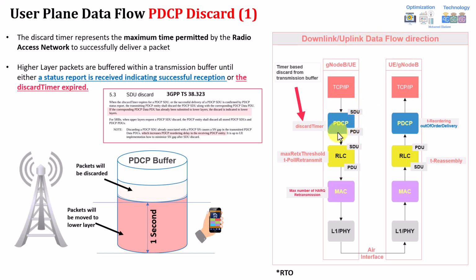Let's move into the next function, but this was the first parameter and function related to the PDCP buffer, okay? The PDCP buffer is controlled by something called PDCP discard, and this is under flow control. Also, the advantage of discarding packets is that sometimes you have a very high load in the network, so keeping packets for a very long time in the buffer can impact your capacity and load as well. So you need a kind of compromise whenever you tune this timer, between retransmission and network load. Let's move forward and see what we have for the next function.